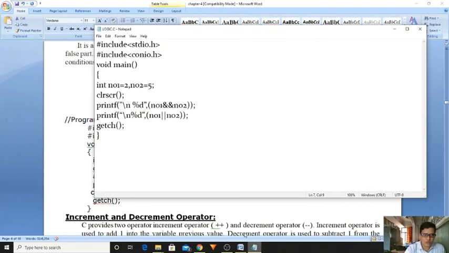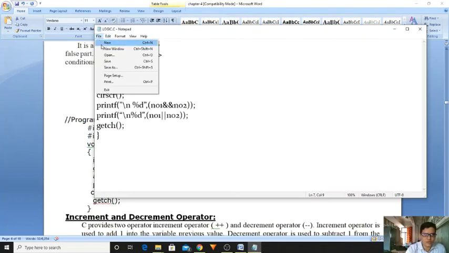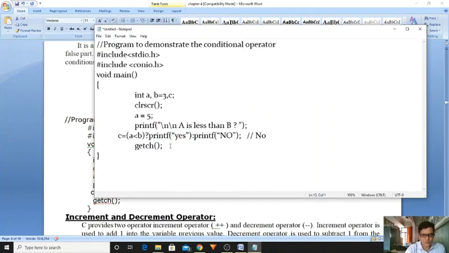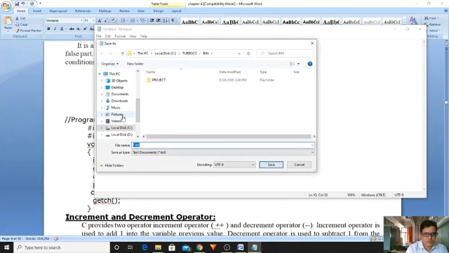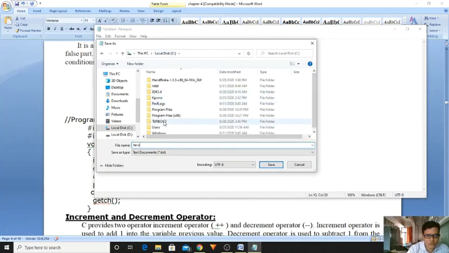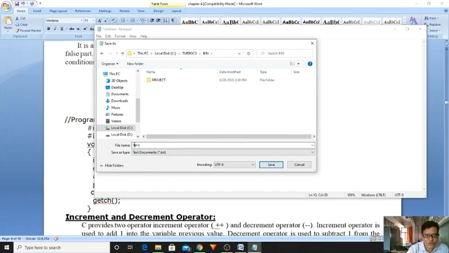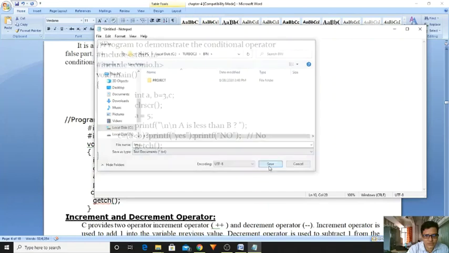I am going to open your notepad, take a new file, paste, and save this file. Whether it is true, yes, here it is giving an error. Please make a note. Let me explain. I'm saving ter.c. So where do we have to save? In your C drive, either the Turbo C4 or Turbo C3 or TC folder will exist. In this bin folder, you have to save with a .c extension.